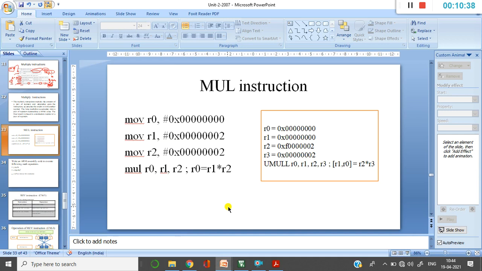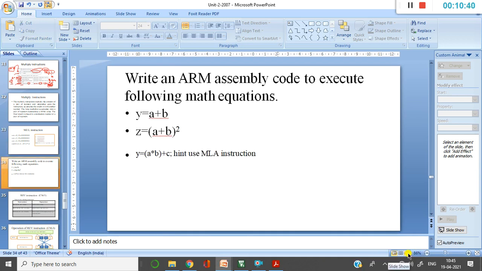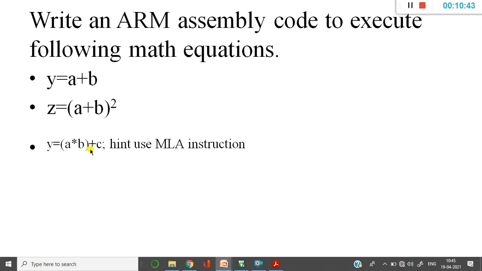So what's the advantage of the MLA instruction? If you find any instruction which is performing multiplication followed by addition and summation of some numbers, like the convolution example in your DSP, or even obtaining the DFT, there you can easily use this type of instruction. You are avoiding two instructions. Instead of two instructions, you are using only a single instruction.